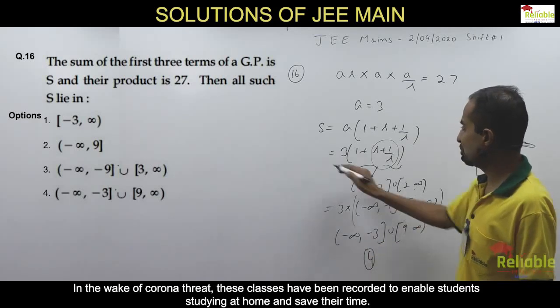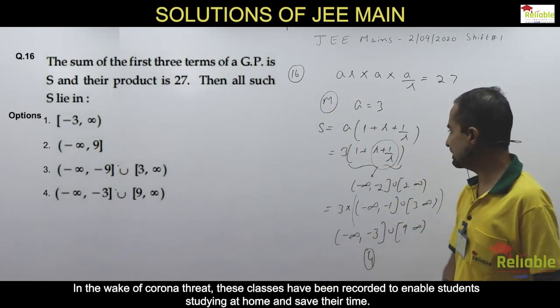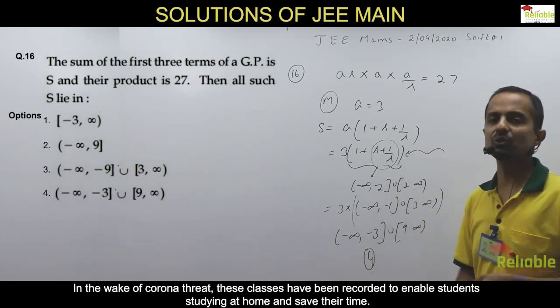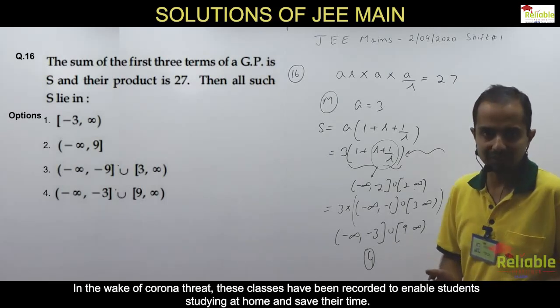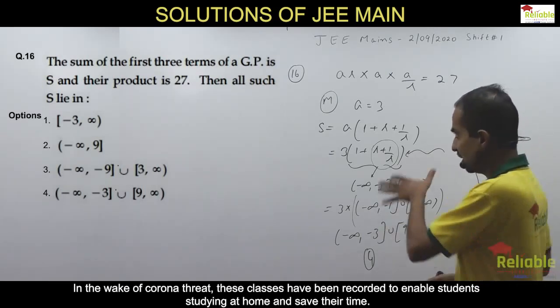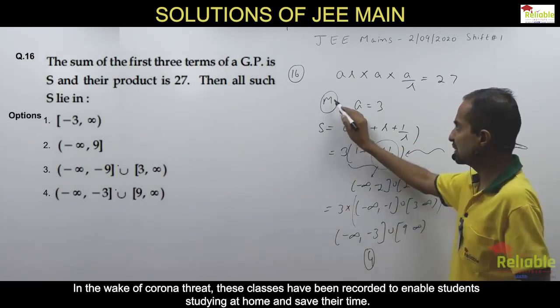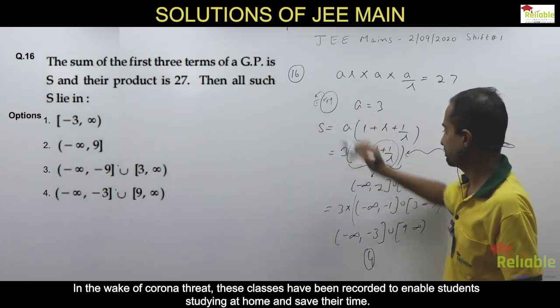Now this is a moderate problem, I would say. Why am I not calling it easy? Because the only step which I fear is this one. If at all we don't remember, then we have to work a little bit. It is also not a big deal to find the range of r plus 1 by r. But in principle, it is easy for those who remember these few results. So it is biased towards easy more than moderate.